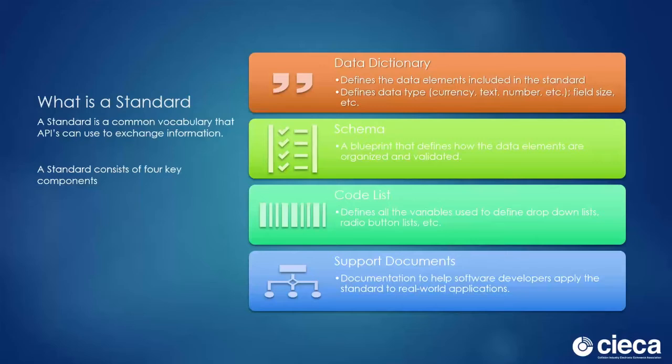Next is the code list, and this is one of the most valuable tools CIECA provides. Code lists are the list of variables and components that may be included in a message between trading partners. Whether it's identifying the drivetrain, trim package, parts type, repair status, or invoice type, CIECA has codes that drive these transactions. You can think of the code list as all the variables contained in drop-down lists, radio buttons, and so on, plus a lot more.